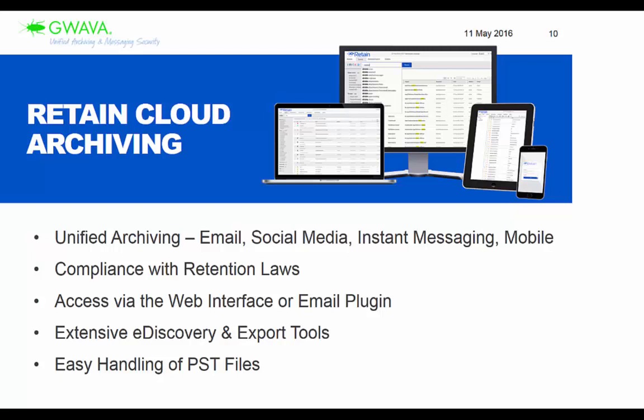There's different tiers and whatnot. So I will follow up with you on exactly how much that would cost. But yes, there is a base cost per month for Retain that includes a certain amount of storage, and then there are tiers depending on what you need to be able to archive. And I apologize, I don't know what the base number is on the amount of storage. I can follow up and get that offline for you. But yes, there is a base number, and then you can add more storage on top of that.